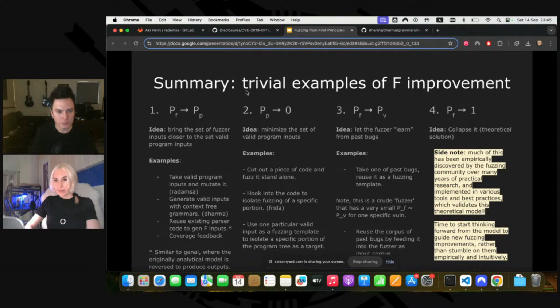The next general approach is to minimize the probability distribution of the program. One example is that you can literally cut out a piece of code from the program and fuzz it separately. This is not a new approach.